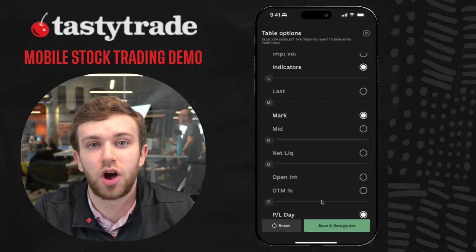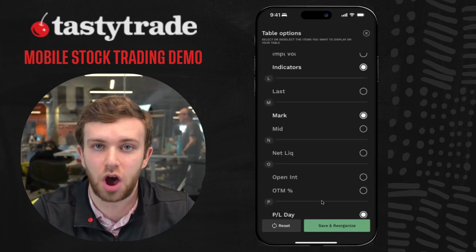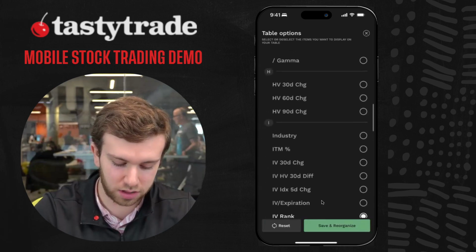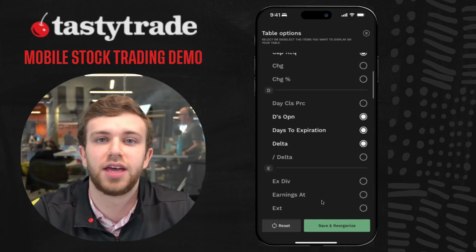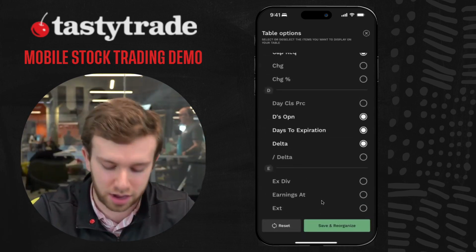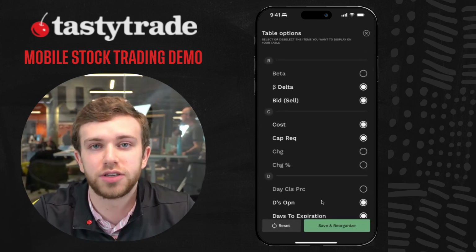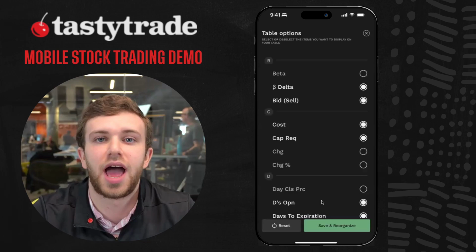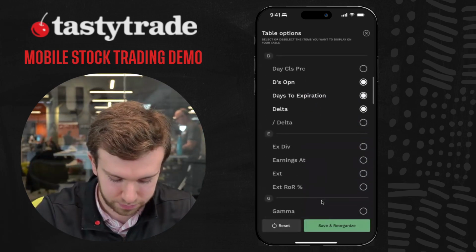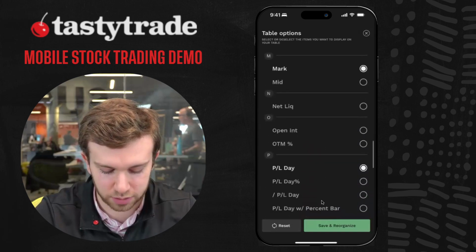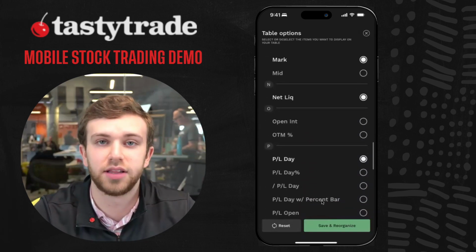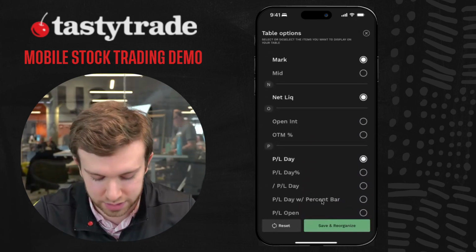And then another column I like to have as well is cost. So I'm going to add all of the columns here that I want to put in, and then I can go ahead and organize them later on. So I'm going to go ahead and add cost. After cost, my favorite is net liquidity, and that will show you how much the position is worth. So I'll scroll down to N, add net liq, and then the two after that I like to have the